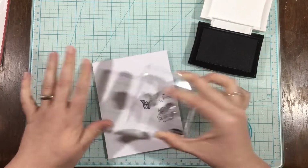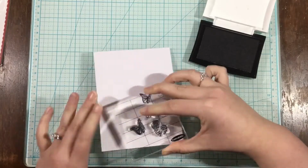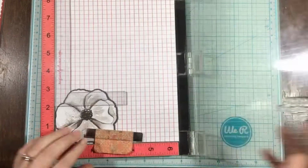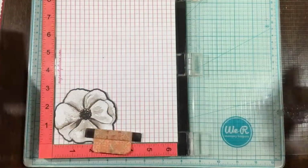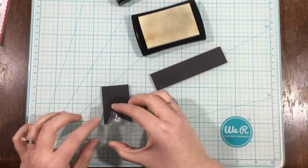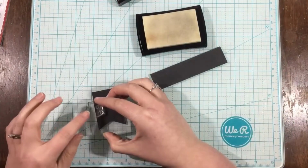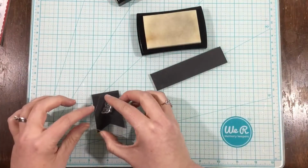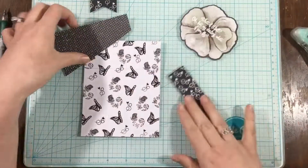So for this first collection, I'm going to be using the first sketch to build my card layout. So I've mounted 3 of the little butterfly images onto my acrylic block, and I'm just going to stamp it in VersaFine ink all over my card panel. And then I have this little flower from the black tie set by Bo Bunny, and I stamped my sentiment onto the flower with white embossing powder. And now I'm going to be just embellishing this black cardstock a little bit with some white embossing powder and